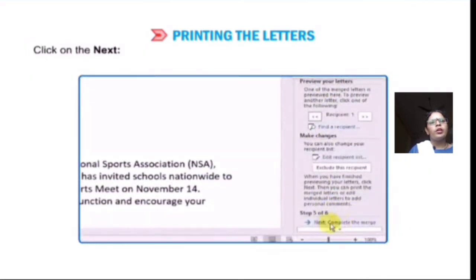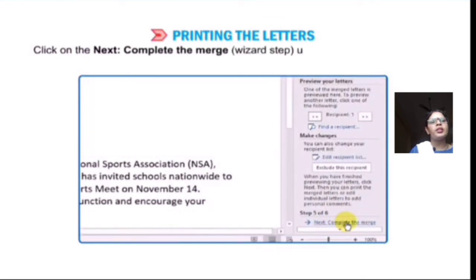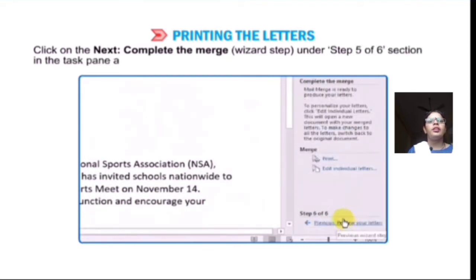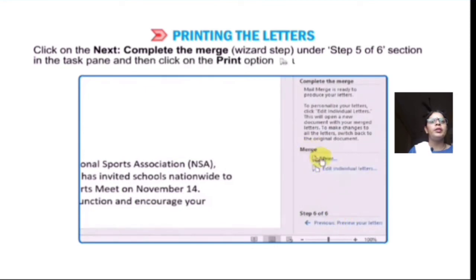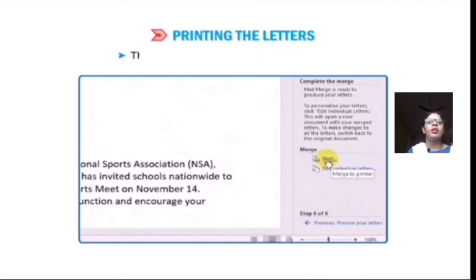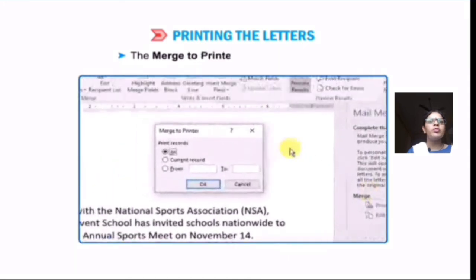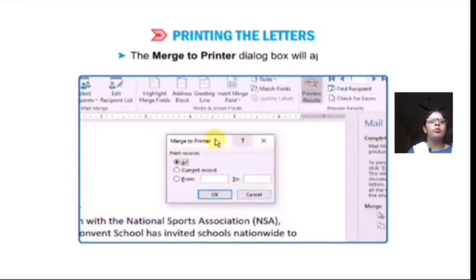So click on next, complete the merge wizard step under the step 5 and 6 section in the task pane, and then click on the print option under the merge section. So your merging is complete. The merge to printer dialog box will appear.